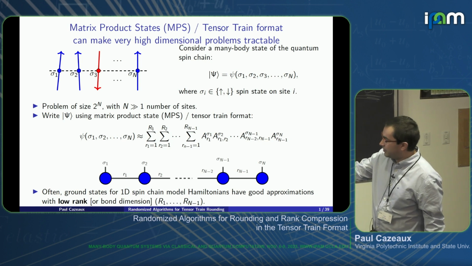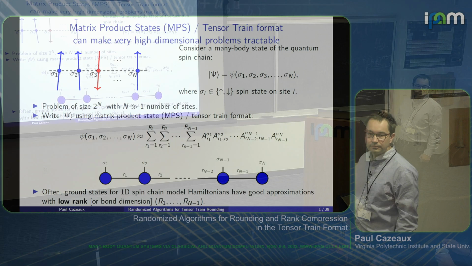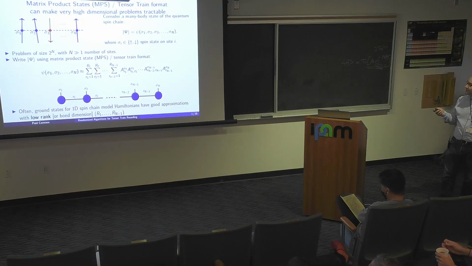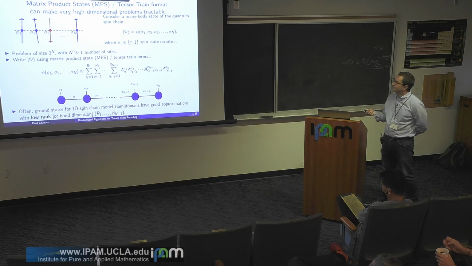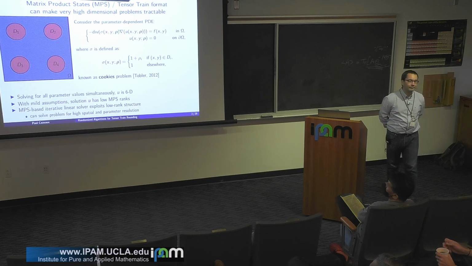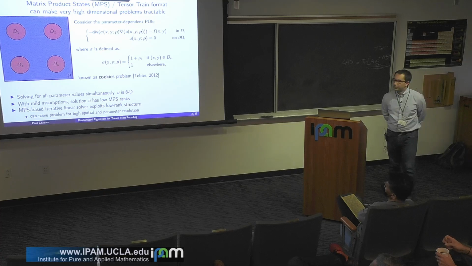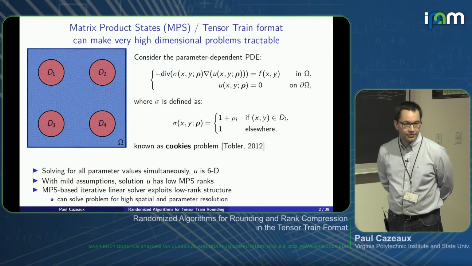You have to make the whole product in order to access just one entry. So, Spencer, just graphically we can think about it. If we have the bullet, that's a scalar. One leg, it's a vector. Two legs, it's a matrix. Three bonds, you have a three-dimensional tensor. Just graphically. All right, so these Tensor-Trains, as we call them in the applied math community, have taken a life